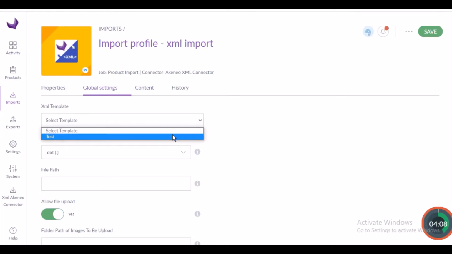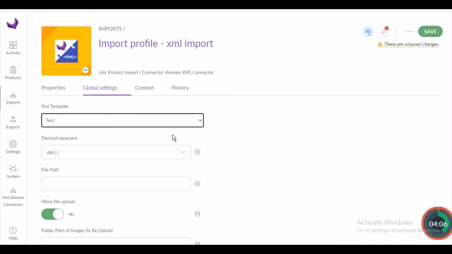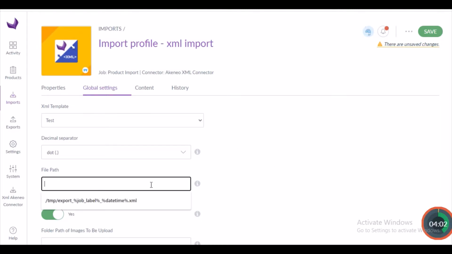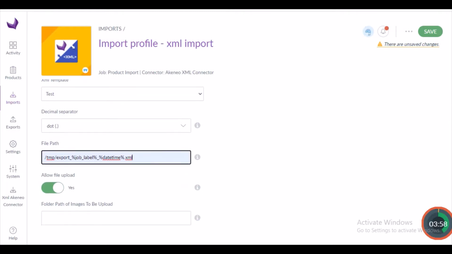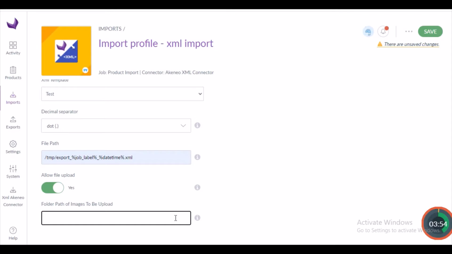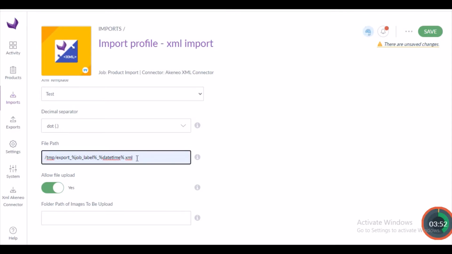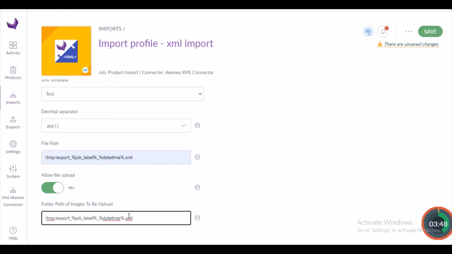Now again you have to go to the global settings, and you have to select the XML template. Then you have to enter the file path, and all the same configuration that you had done for creating the export profile. So I'll just be giving the path, the folder path of images to be uploaded, and then I'll be switching to this